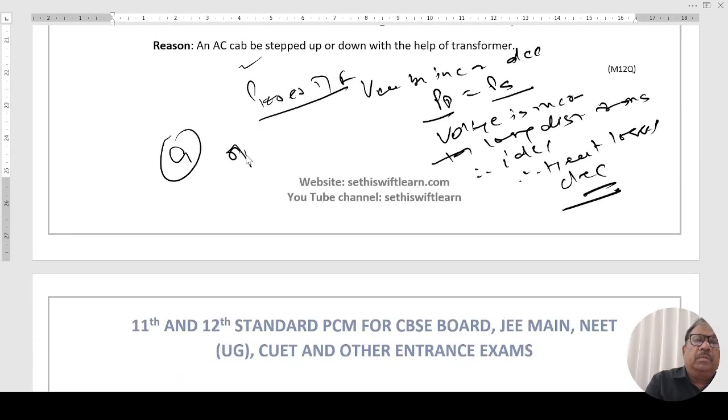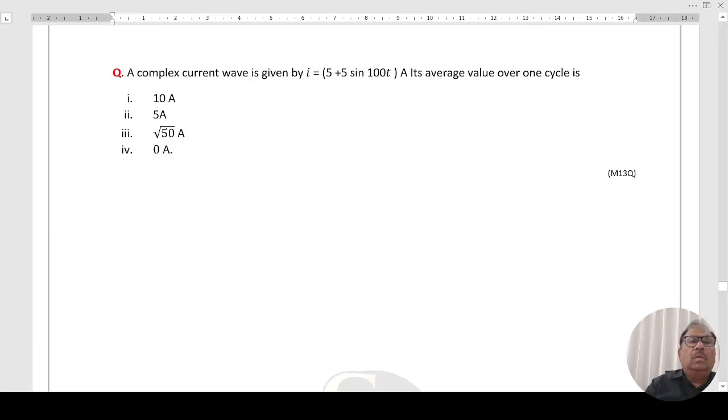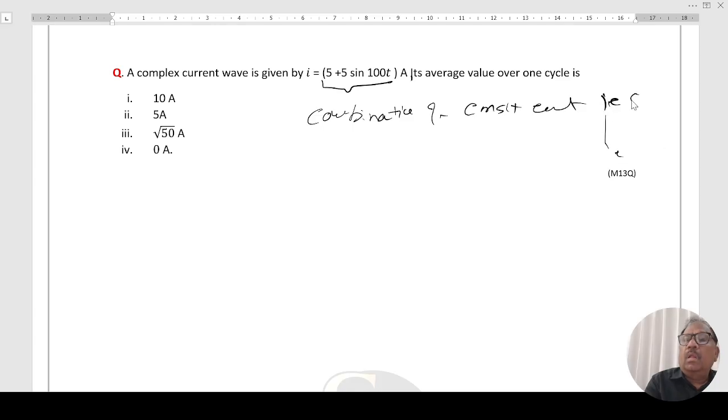A option is correct. Right. Next question. The question is, a complex current wave is given by I equal to 5 plus 5 sin 100t ampere. Its average value over one cycle. This is a combination of constant current, that is 5 ampere, and